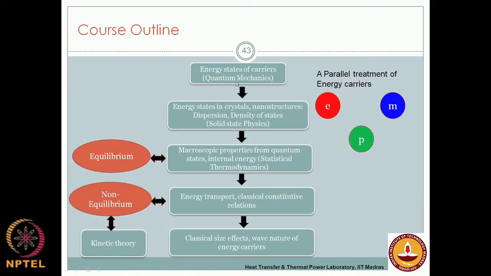and from there we have to go to the macro scale level where we define properties, and therefore, we also have to understand how we apply quantum mechanics to certain systems. So, we will be applying it to systems such as semiconductors, crystals, nanostructures and so on, and we will see how these energy states get modified in these systems. So, you have fundamental energy states for a single particle in a box or a free electron or whatever, these are the theoretical ones, but when you apply it to a system where it is confined by certain dimensions and certain structure of the system,